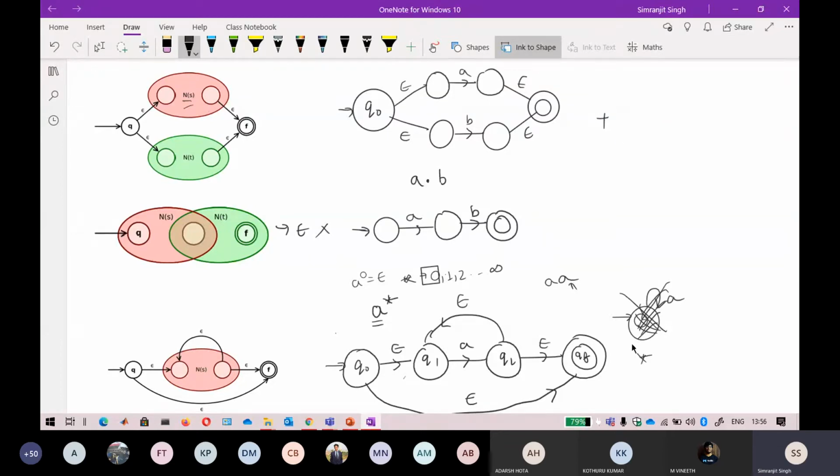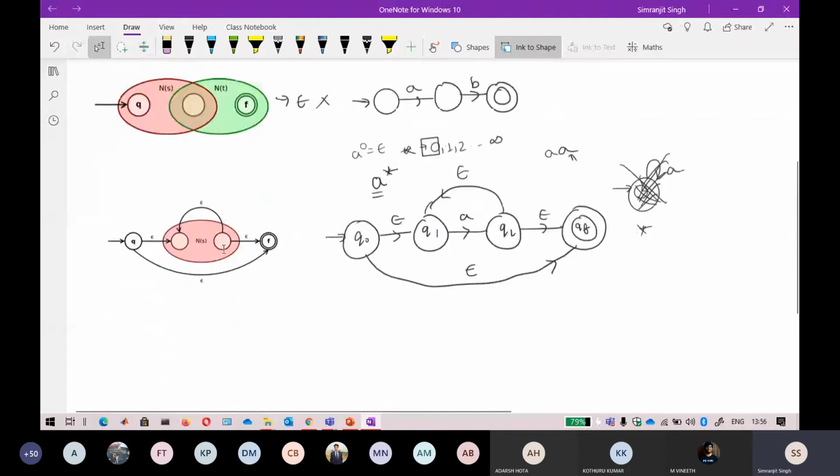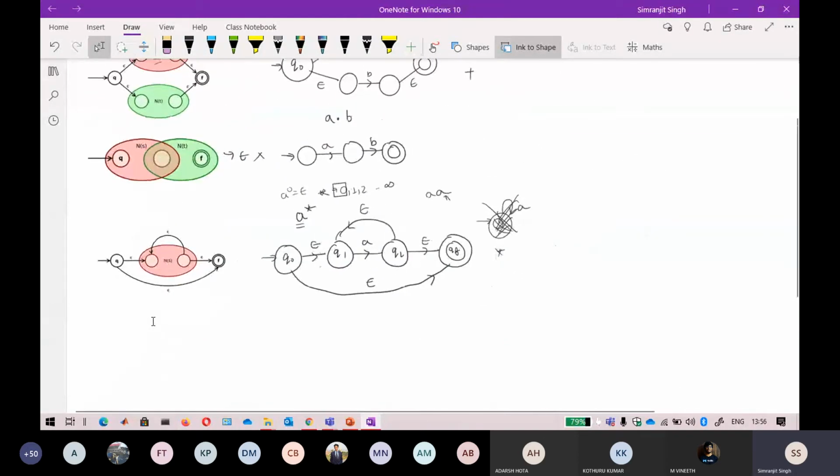If plus or a star comes in your regular expression, then the drawn automata will be an epsilon NFA. That is why I have said that in most cases you will always get an epsilon in your NFA. Without talking about any further irrelevant details, I will just draw the automata so that you understand how easy it is to draw.